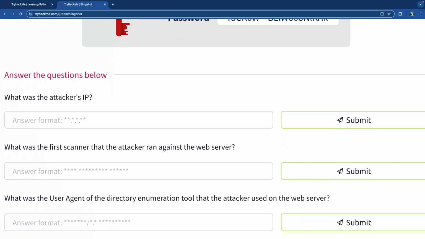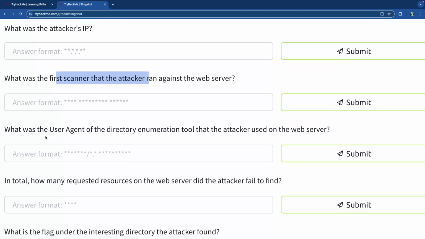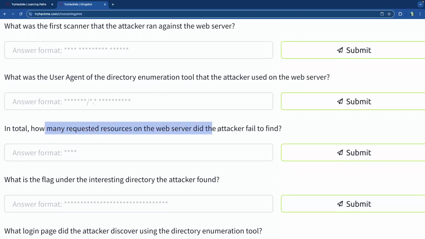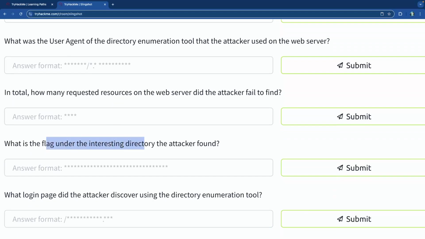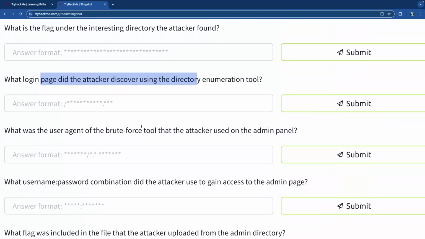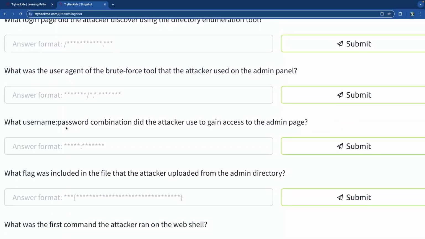Everything else we're going to find out for ourselves, like what's the attacker IP, what's the first scanner that the attacker ran against the web server, what's the user agent of the directory enumeration tool, how many requested resources on the web server, what is the flag under the interesting directory, what login did the attacker discover using the directory enumeration, what was the user agent of the brute force tool that the attacker used, what username password combination did